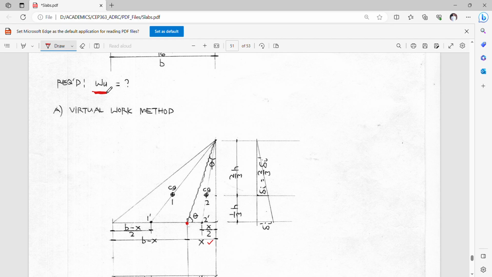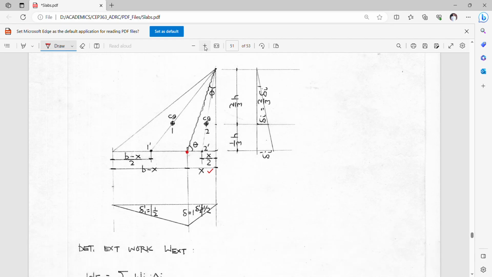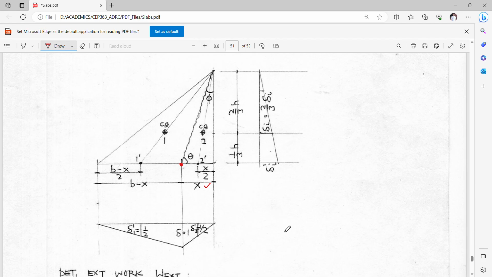Okay, so for your geometry, we take note that the center of your two segments, segment number 1 and segment number 2, will always be located at 1/3 the height of a triangle, whatever triangle this is. The median will be crossing this point, the center of gravity. So this line here is the median going from the vertex to the midpoint of the other side. So we divide b minus x by 2, so we can find l prime there, and x over 2 prime, wherein this will be the basis for your virtual